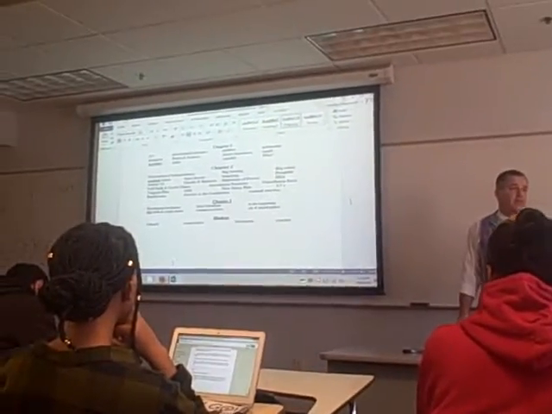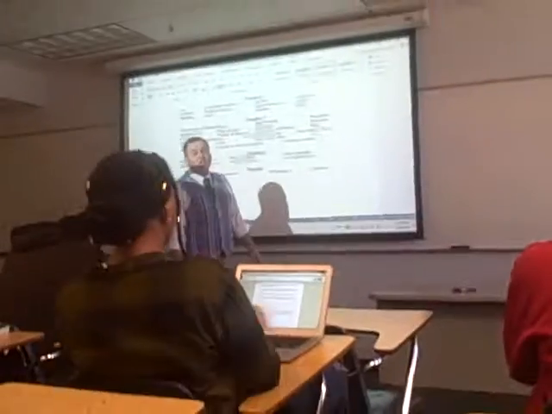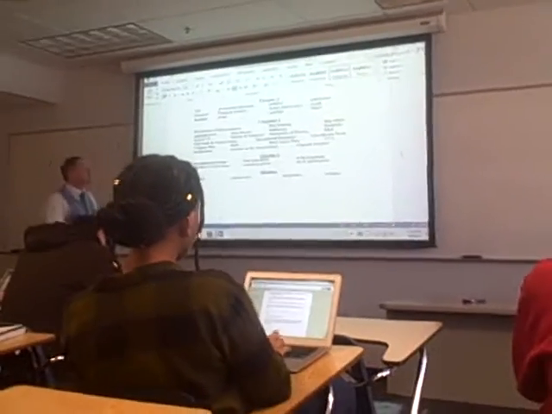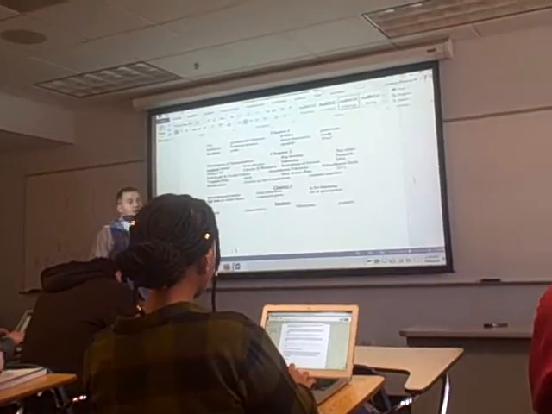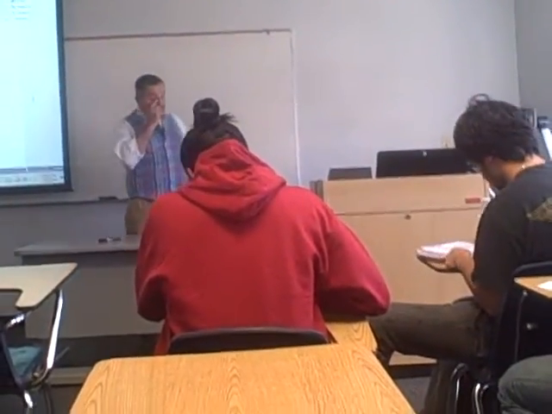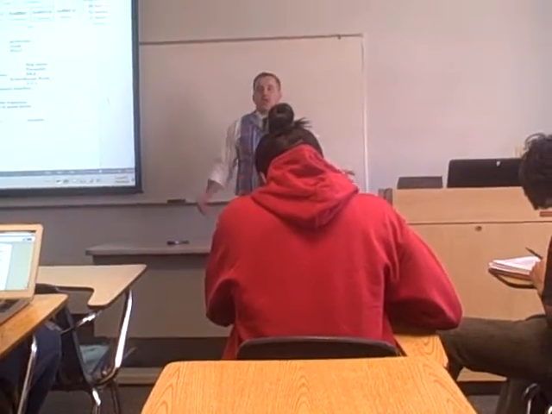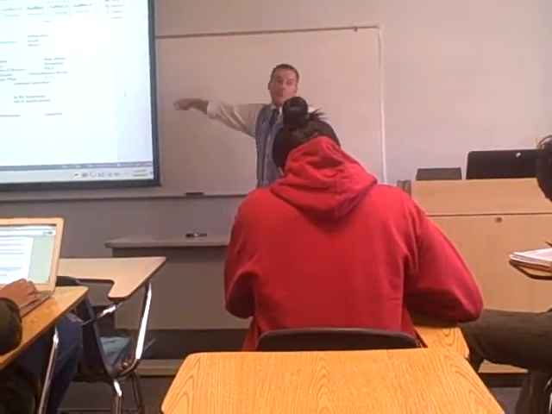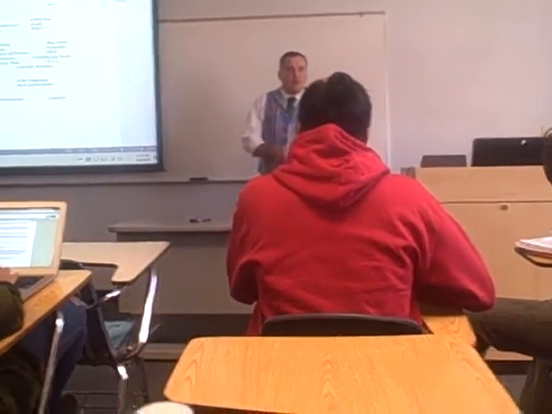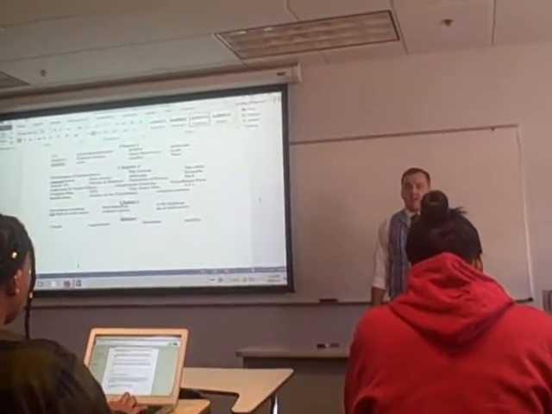Go ahead, Levi. Direct democracy. There was direct democracy and there was representative democracy, and I mentioned that in the United States we have representative democracy. Direct democracy is the idea that the people vote on everything. In representative democracy, you elect politicians and politicians vote for you. Direct democracy skips the idea of politicians.